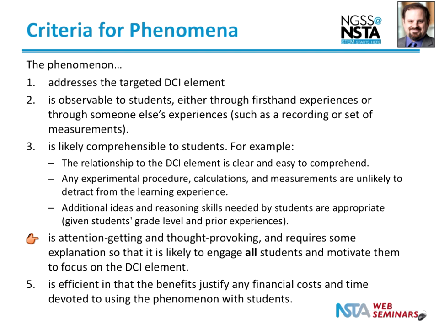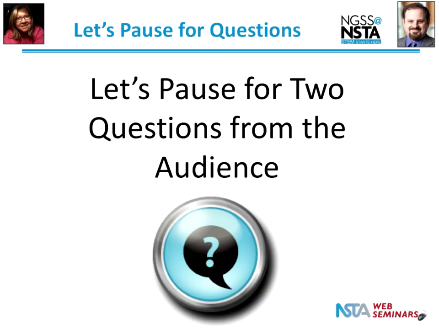If a phenomenon is just engaging from a sort of whiz-bang, gee-whiz standpoint, but it doesn't really get them thinking about how does that happen, then it's not doing what you need it to do. You need it to motivate them to ultimately really want to understand what's going on there, what that DCI is. And then finally, is it efficient, and do the benefits justify any costs that are involved, any time devoted to using the phenomena with students? So those are the pieces that play out as important in trying to pick out a phenomenon. And so with that in place,